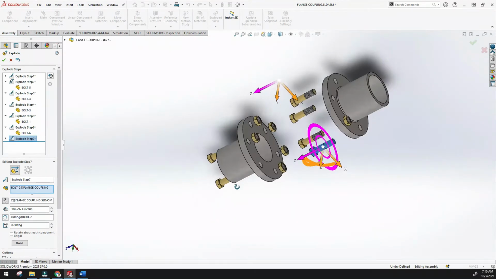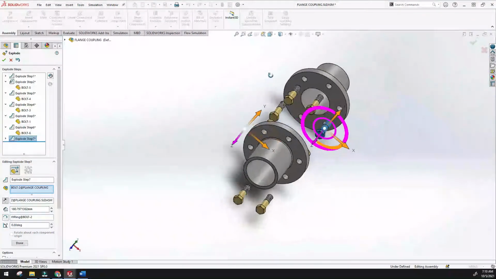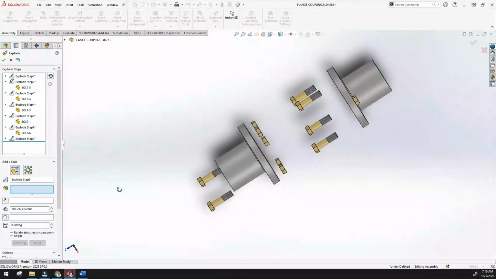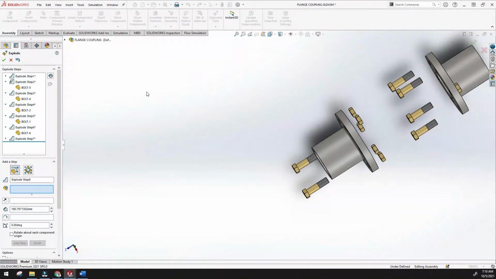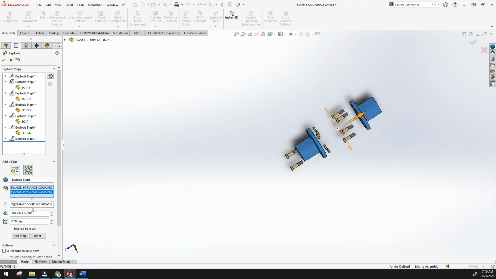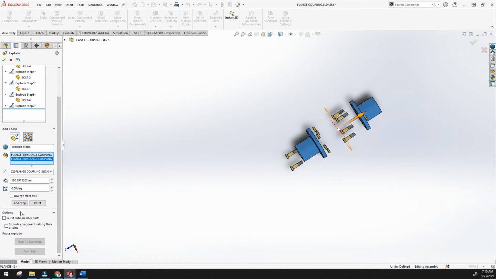Yeah, just click done. And once you explode it, here's the option: one option is regular steps, like translate and rotate, and another option is radial steps. Once you click this, it will ask which components you want to explode, like in a radial view.